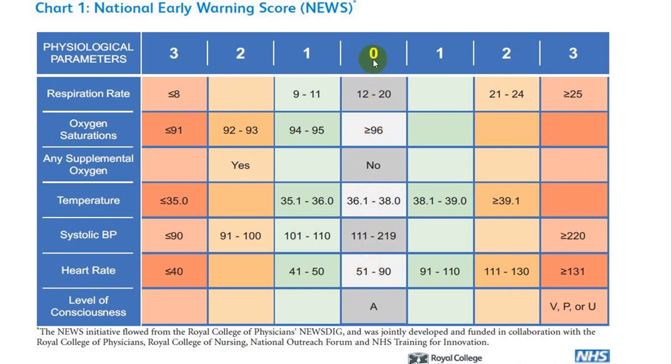Now this person does not require resuscitation. He will require either maintenance or replacement. But if he is going towards this side or towards this side, then he will require either resuscitation or maybe maintenance or replacement, any one of those. So this becomes very good. At your leisure time, you can go through it, and you can keep it in your clinic also. This is a very good chart, very simple, with clinical parameters. There are no laboratory parameters.